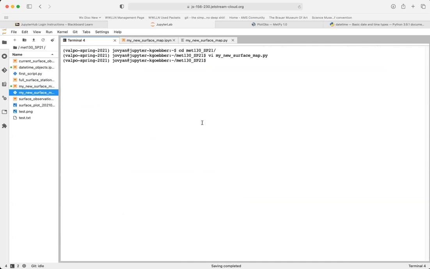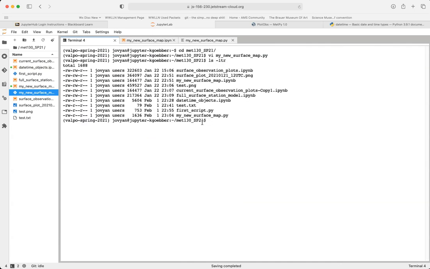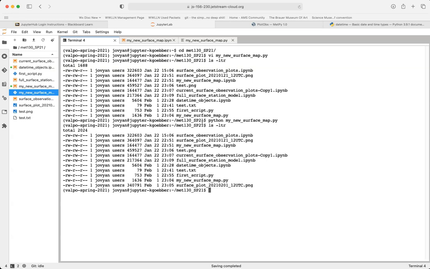Now I want to go back and use this script. And so ls -ltr shows me that I modified it recently. Python space my new surface map.py, using the tab function for autocomplete purposes. Go ahead and run it. And it's just kind of sitting here because it's working. It's probably going to get that surface data and process that surface data. And then once it finishes, it should get me back to the command prompt. And again, remember when we ran this in our notebook, it took a little bit. If I do ls -ltr, we see we now have our new surface underscore plot